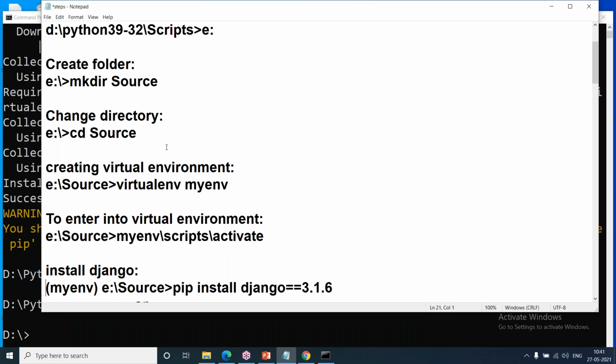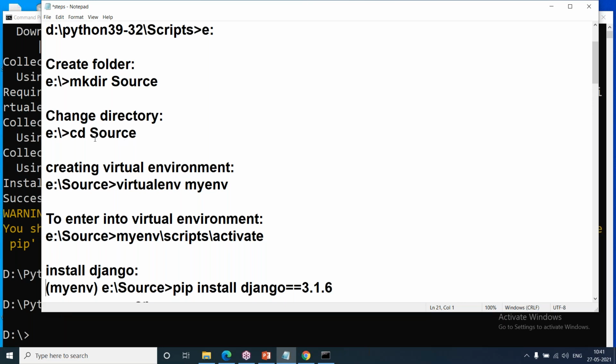Like with many folders, we may have confusion about which one is related to the software. For Django projects, we are going to use the name source. If I give some other name, it will still work. There is no rule that I should use only source. But in real time also, they use the same name, so that we can identify which is the Django folder.